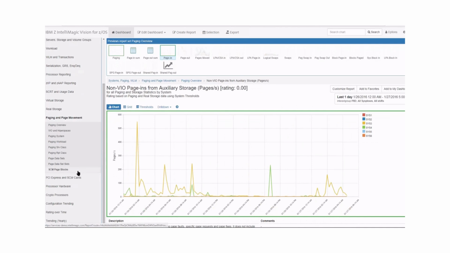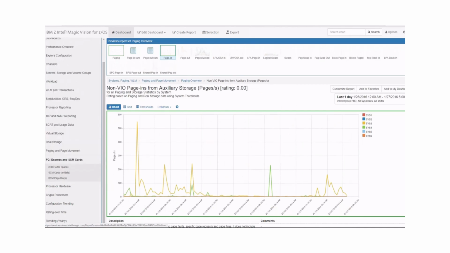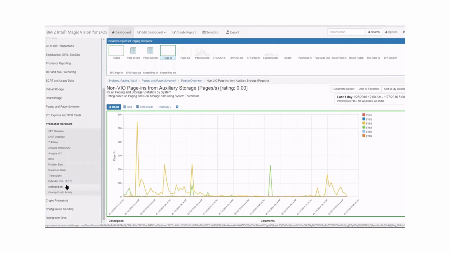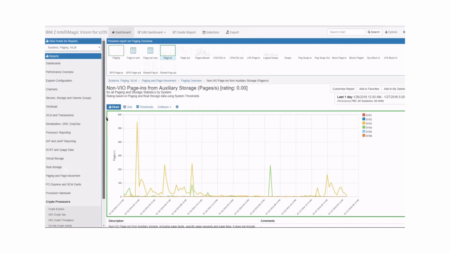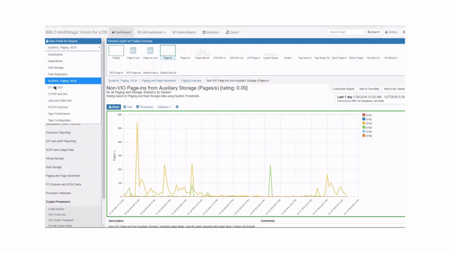You can see here that we report on your PCIe cards. Using the SMF 113s, we report on a lot of your CPU cache statistics, your level 1 cache miss, your relative nest intensity, things like that, to help you make better decisions about your logical processor to physical ratio. The crypto processors. And then as far as coupling facility and XCF goes, we have a whole set of dashboards